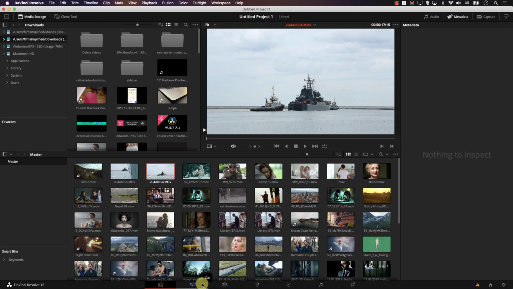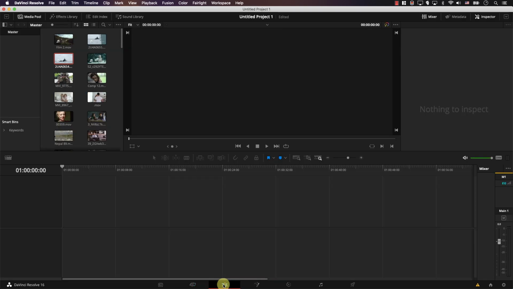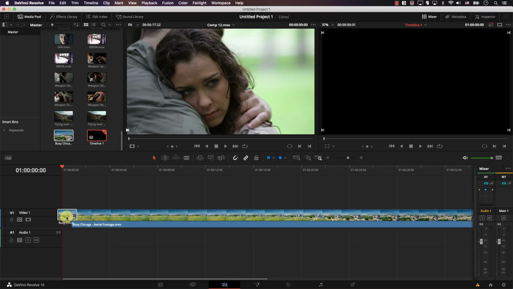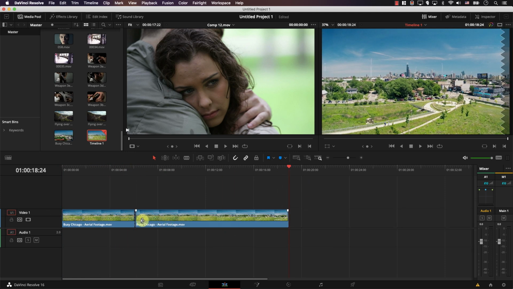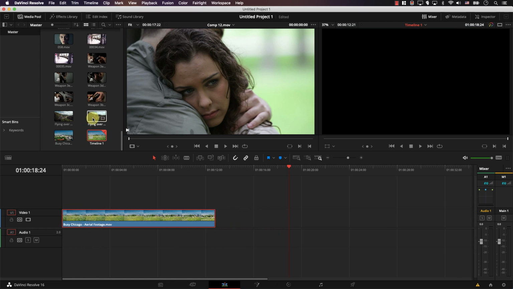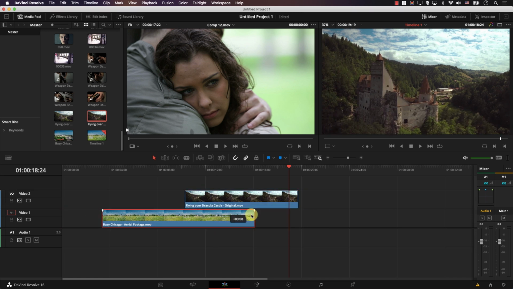The next two tabs here are linked. First we have the Cut tab, or the cut page, whatever you want to call it, and then if we click here, this is the edit page. These are two pages that on the surface seem to be doing the same thing, which is editing. Editing, as we discussed before, is simply adding your file to your project, maybe cutting different portions of your file, deleting what you don't want, adding another video after it, and maybe rearranging your files in a way that tells a story. So why do we have two separate tabs for editing in Resolve? We have the cut page and the edit page.